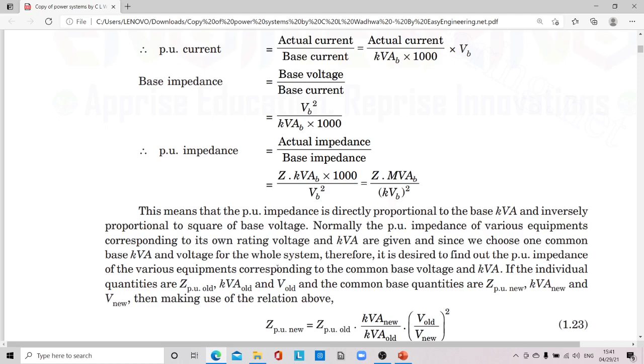So saying that impedance of a machine is 10 ohms does not give any idea regarding the size of the machine. For a large size machine, 10 ohms appears to be quite small, whereas for small machines, 10 ohms is very large. Whereas for equipments of same general type, per unit volt drops and losses are in the same order regardless of size.